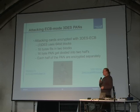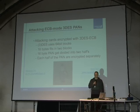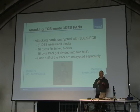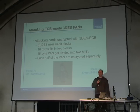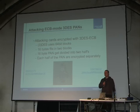I don't think you can actually see this, but we have this classic picture. This image is from Wikipedia and tells you why you shouldn't use electronic codebook format. The reason is that when you encrypt something, it will always end up the same way. So if you have an image, in this case of a penguin, and you encrypt it in electronic codebook format, the outline of the penguin is still visible in the encrypted image. I know that Linux had this problem initially in the CryptoLoop setup, so that's why the penguin is the typical